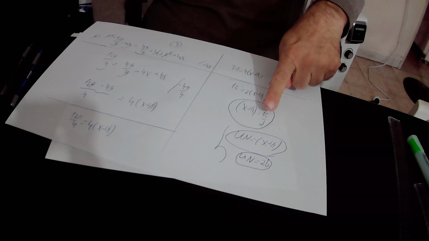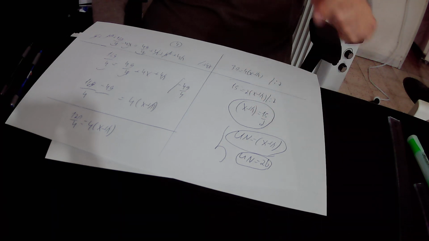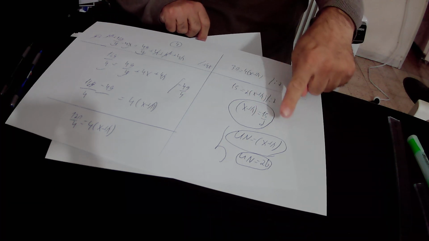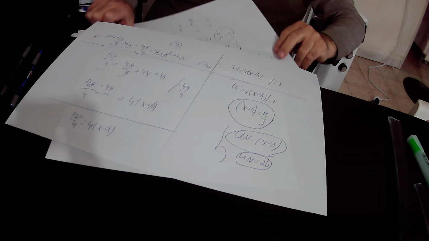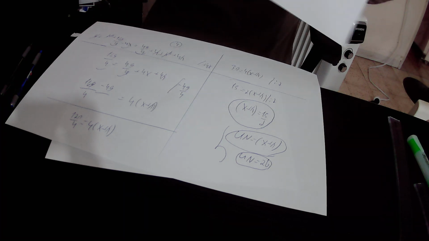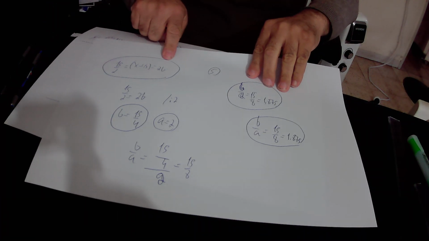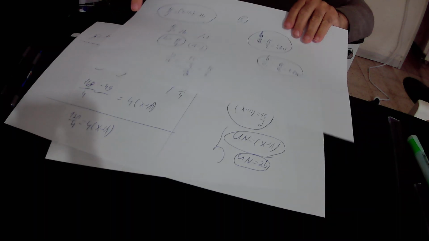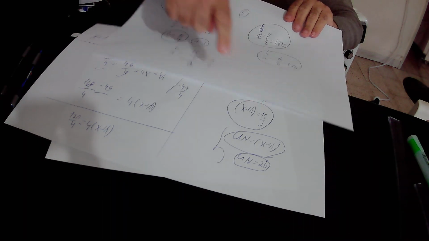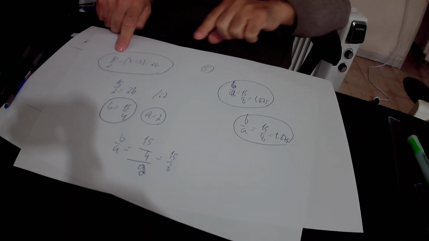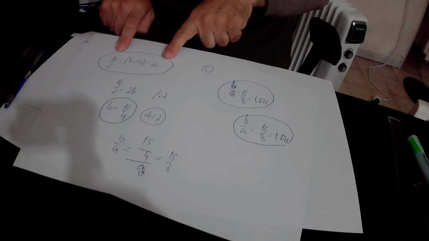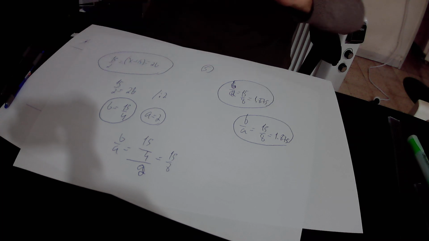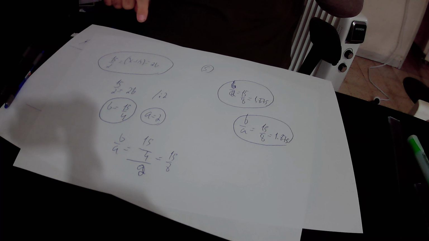And from these equations, UN equals x plus h and UN equals 2b, we derive that x plus h equals 2b. Okay, x plus h equals 2b. But we already found that x plus h also equals 15 over 2. So from this, 15 over 2 equals x plus h equals 2b. We derive that 15 over 2 equals 2b. We divided this equation by 2 and finally found that b equals